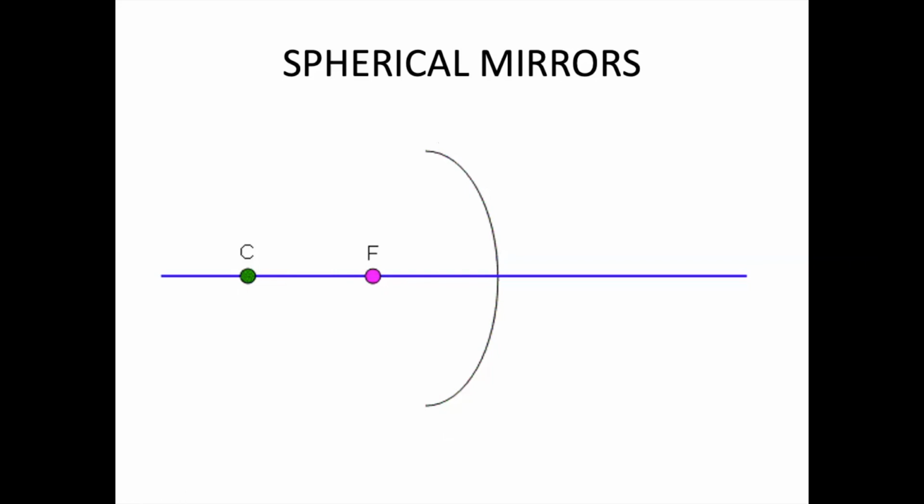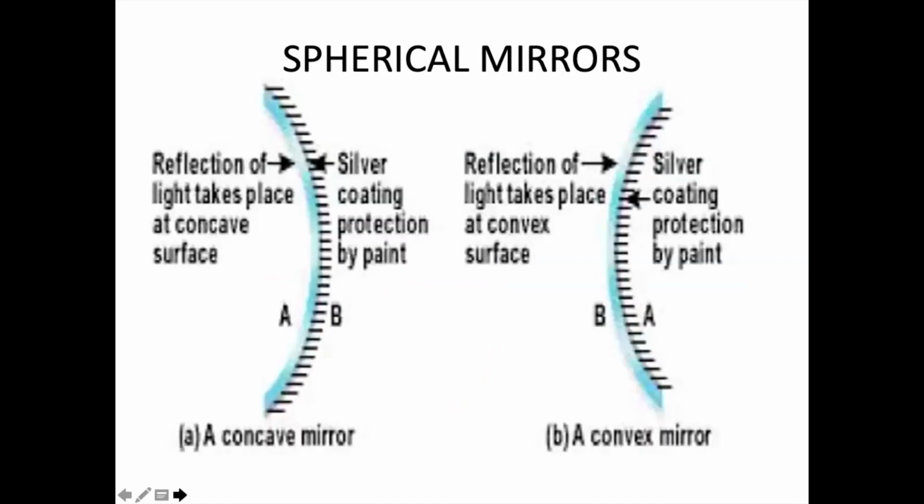Just take a hint: whenever you're drawing a spherical mirror, draw a half circle and imagine that the full circle will be like this, and put a dot in the center as C. And between the two, exactly put F. If you do that, all the figures of the ray diagram will come out exactly correct. Okay, so this is again a concave mirror and a convex mirror. Always draw these lines showing that it is opaque in nature.